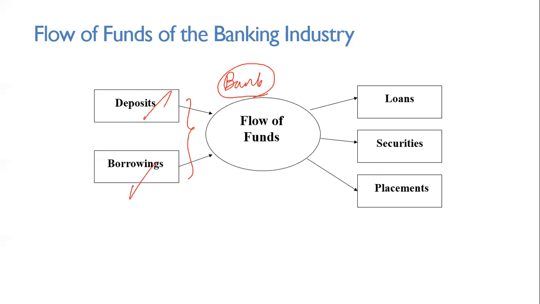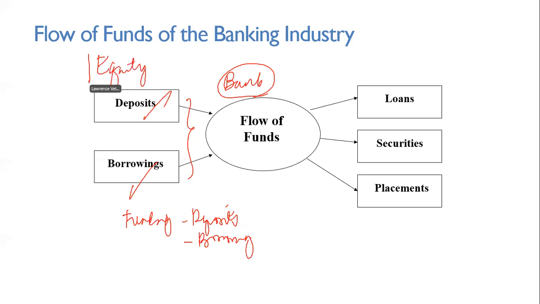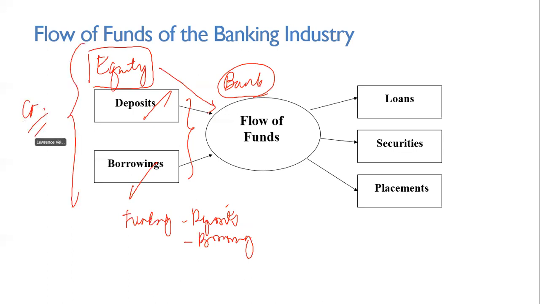They get funding from deposits from its customers. They get funding from borrowings. They also borrow. And actually not included here is equity infusions from its owners. So if you look at the credit side, or the liabilities and equity side of a bank, it will be composed of debt and equity still, but for debt, we will see deposits and borrowings. For equity, we'll see the normal equity items. So those are the liabilities and equity section.